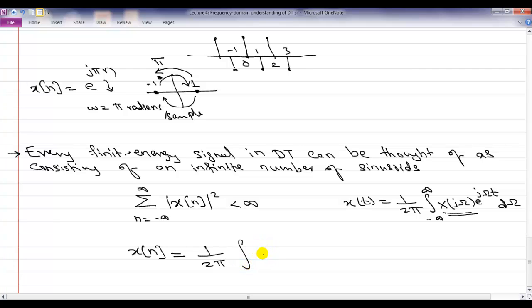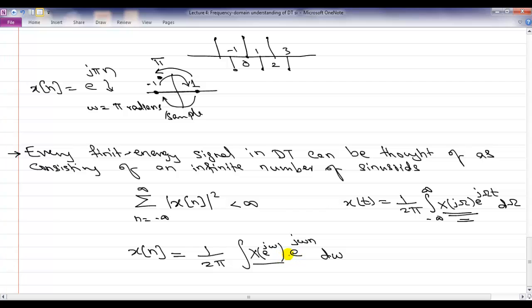In the discrete world, we are using the frequencies as omega, little omega. So our frequencies are e to the j omega n. So we are saying our signal consists of, with d omega, an infinite number of these discrete frequencies. What is the amplitude and phase of each frequency? We write that as X of e to the j omega. Okay. This is very similar to this continuous time Fourier transform expression.